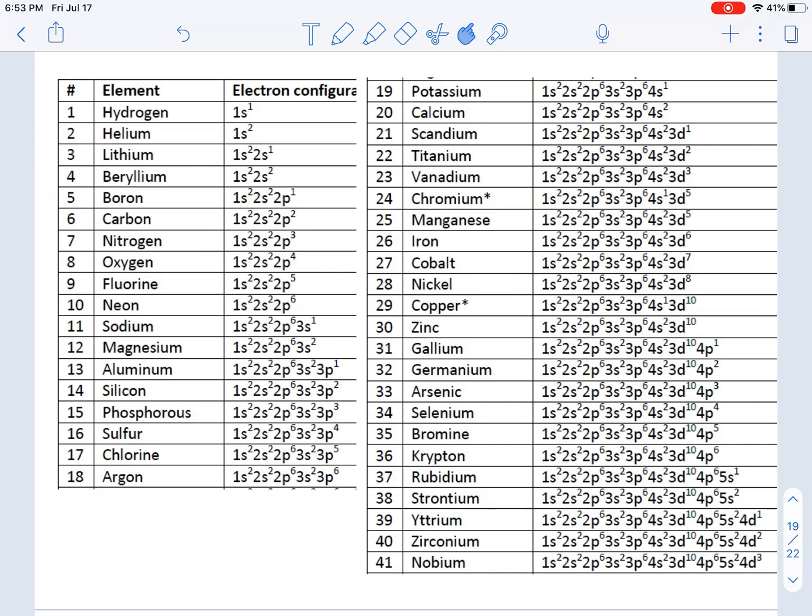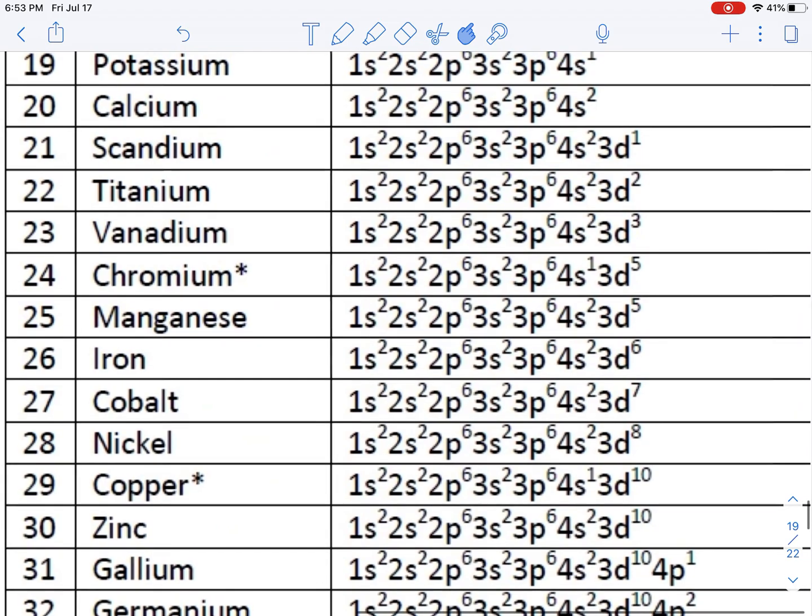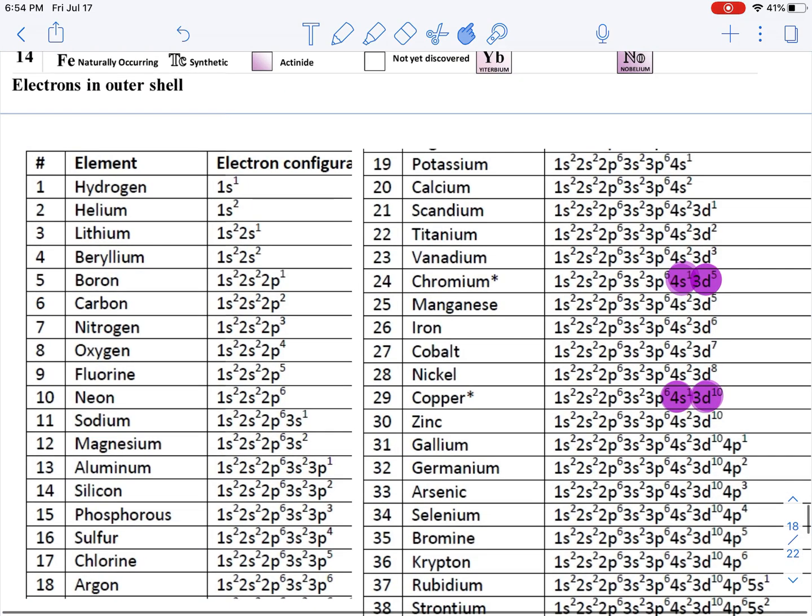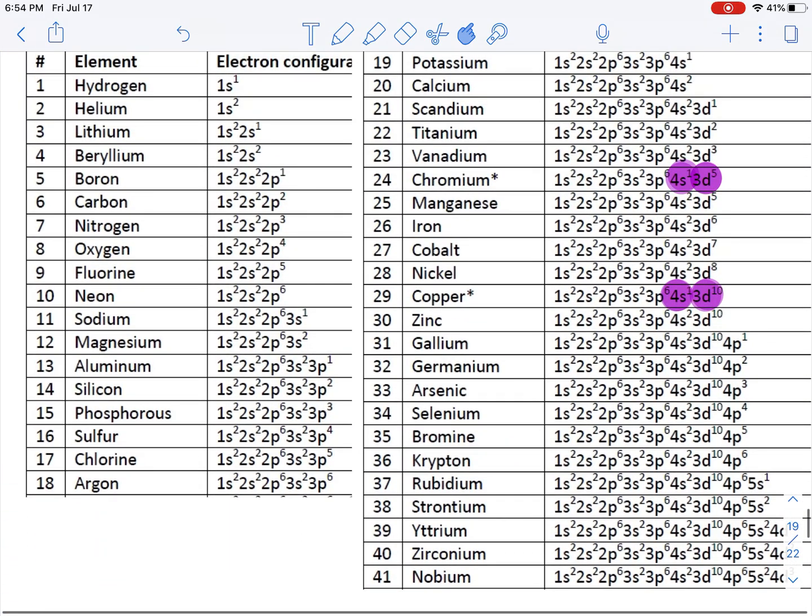So remember that every one of these elements has a particular order in which you fill those electrons, and for the most part they just go in order. There are a couple of goofy ones. You'll notice chromium here has one that's out of order. So chromium here has one that's S1 and D5 when it really should be 2 and 4. Copper is S1 and D10 when it really should be 2 and 9 there. What's up with that? Well, maybe we'll talk about that in a